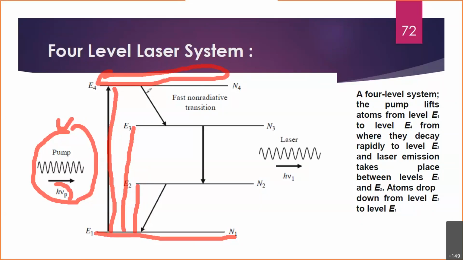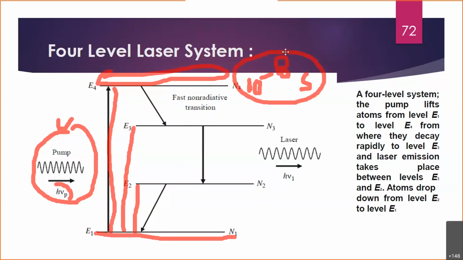And then you see again this level number 4. As usual, if you compare with the 3 level system, now this level 4 will have a very short lifetime. How much? Let me write it down. It is again 10 raised to minus 8 second, the lifetime of this level 4. So what will happen because of that? The particles coming to level 4 are in the excited state, but they cannot stay for a longer time. After spending around 10 raised to minus 8 second, they will come down to the immediate level, that is level number 3.